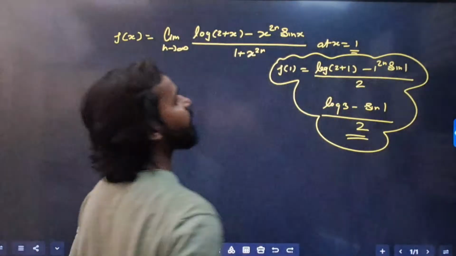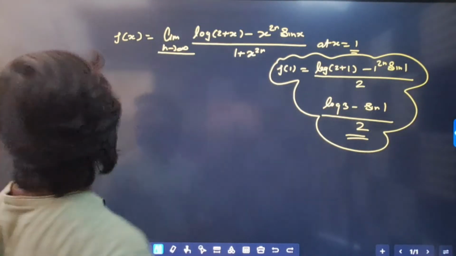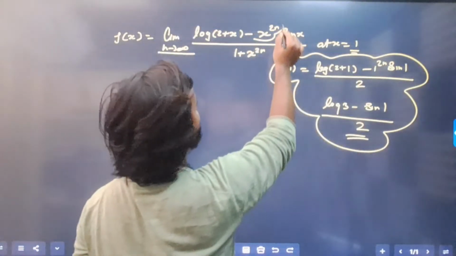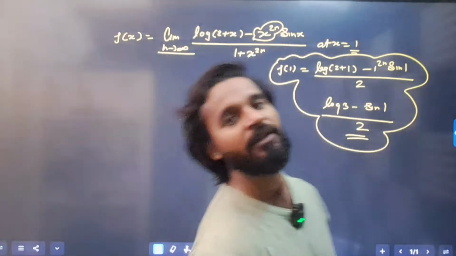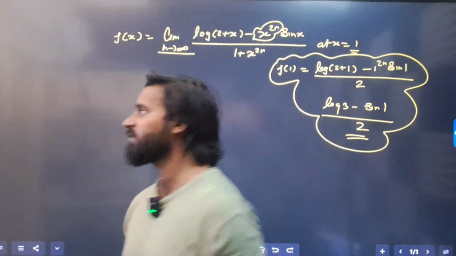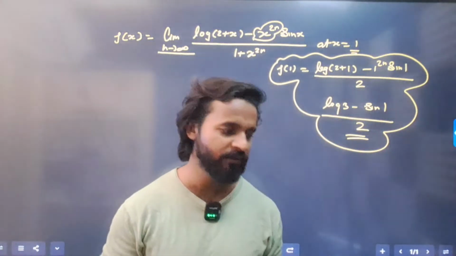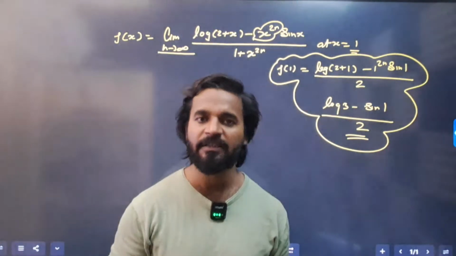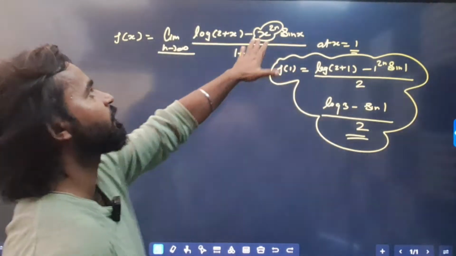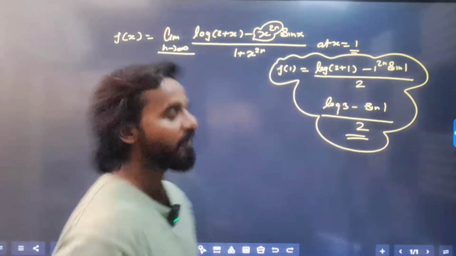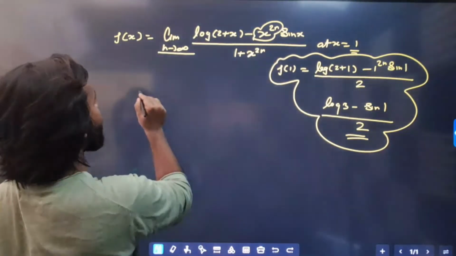But the real problem is limit n tends to infinity, and one more important thing, x to the power 2n. This is an important case of this question. You think, sir, we can easily find f(1). Okay, no issue. Fix x, put x equal to 1, so we can find the answer easily. But many times there is n tending to infinity. So when you put n tending to infinity, there is one more problem. What problem? Actually, x to the power